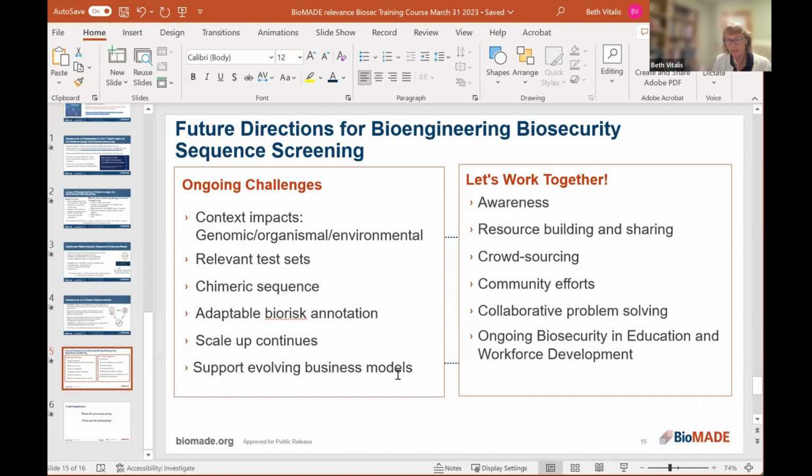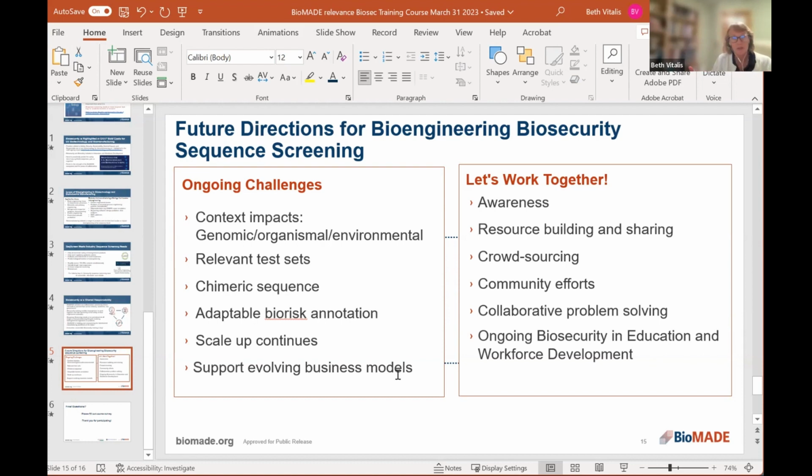So what are the different applications, and what are the input sequences, and who in different models, or different businesses, does the biosecurity screening? That's why it's great that there's such a diverse group of people here that have different jobs, but we all need to know what biosecurity is, what is involved, and what are some ways we can carry out the sequence screening. And then I've hit on these topics, and all of you have, and I think Todd summed up very well, is how working together. And then the awareness too, that's what this course is providing, of why we need biosecurity.